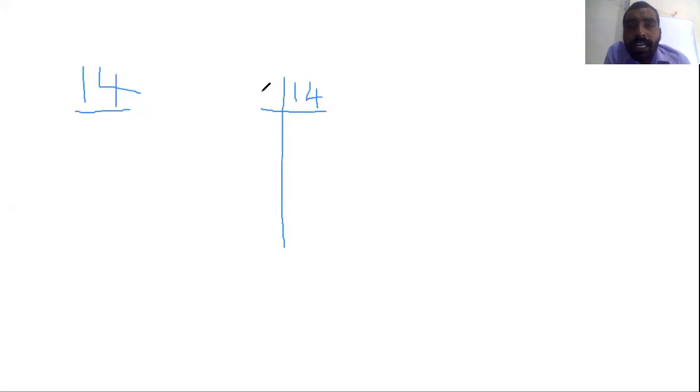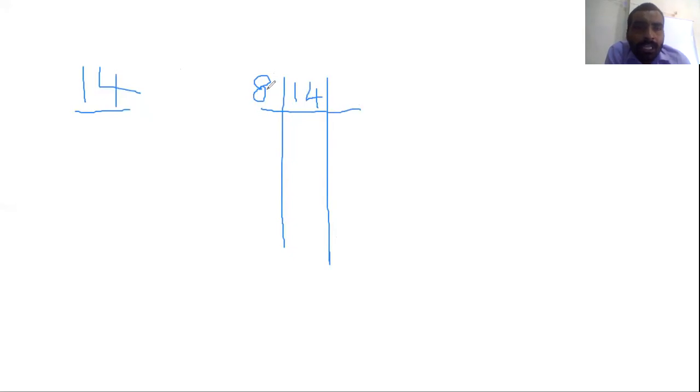Now in the whiteboard, I am writing. Suppose we have the integer literal 14. This is 14 written in decimal. Now if you want the octal equivalent of this number, what will you do? You have to divide the number by 8, the base of octal. Then you will find the octal equivalent of decimal 14. So you divide it by 8 and write down the remainder on the right side.